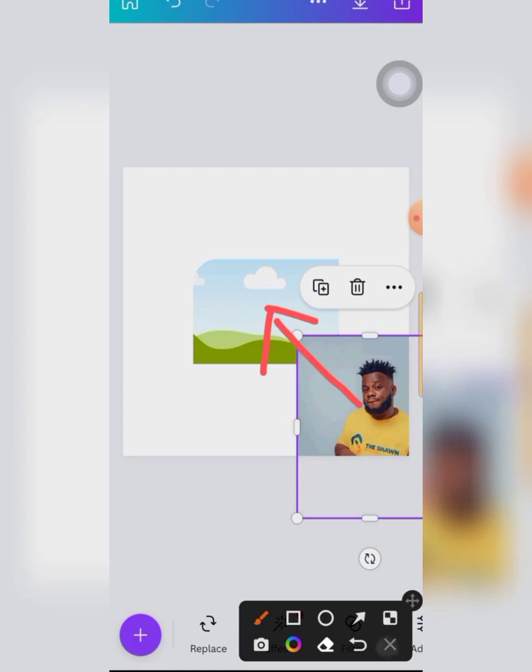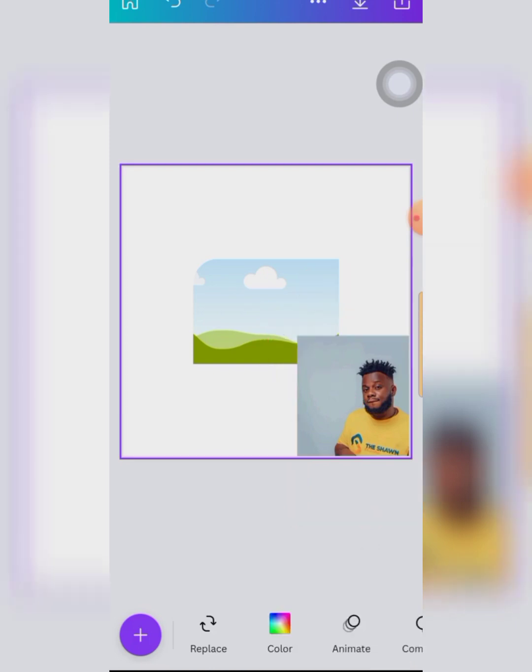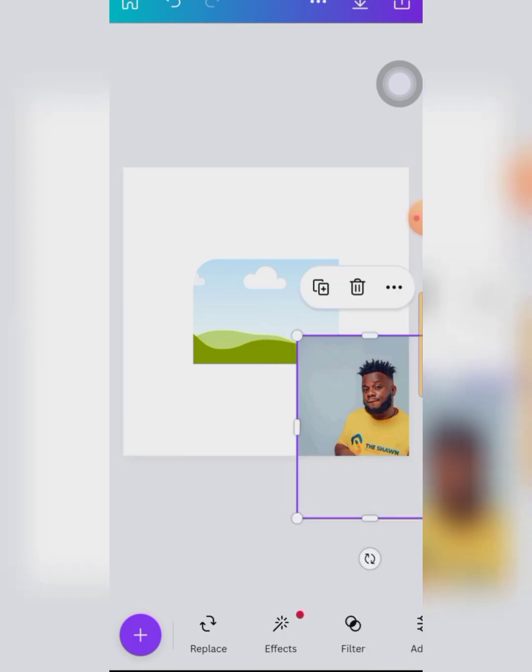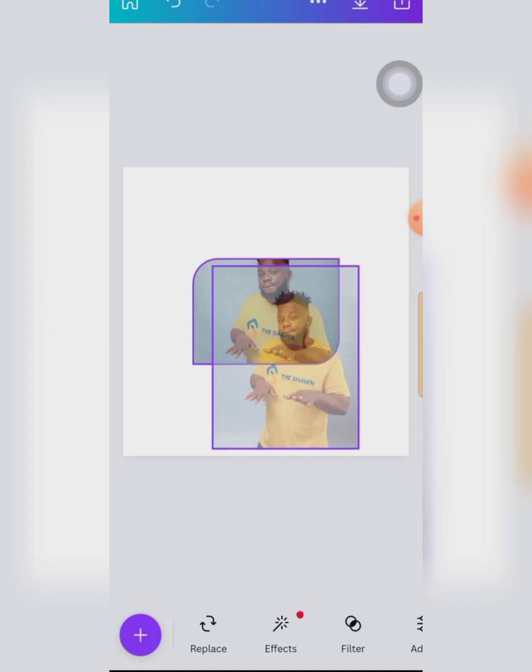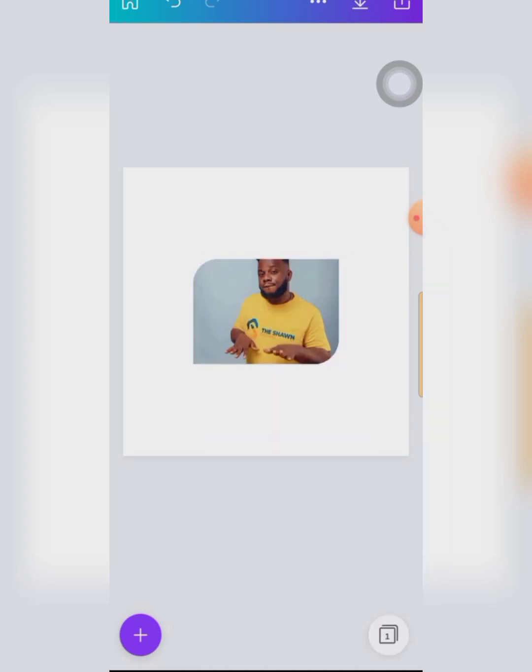So just watch very carefully and follow me. Now look, I'm moving the picture. Yes, I've gotten to the center now. So it has actually indicated that it is framing. So I will just allow it. Did you see that? So now for me to align this picture so that I can see the head and actually adjust,